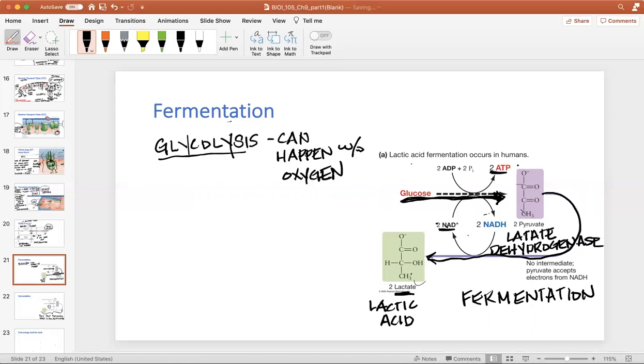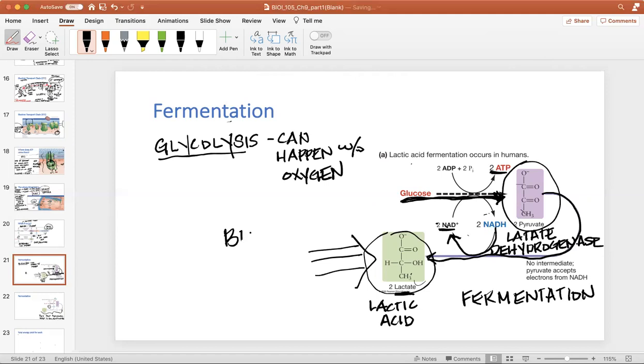And it converts pyruvate here into lactic acid here, okay? Now, in doing that, what it does is it regenerates this NAD here. So now we can have NAD go through glycolysis, make some pyruvate, turn it into lactic acid, which regenerates this. We can go back. Lactic acid regenerates this, go back. But what you end up with is you do end up with a buildup